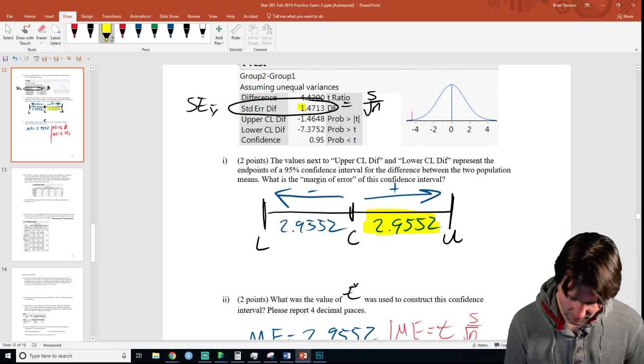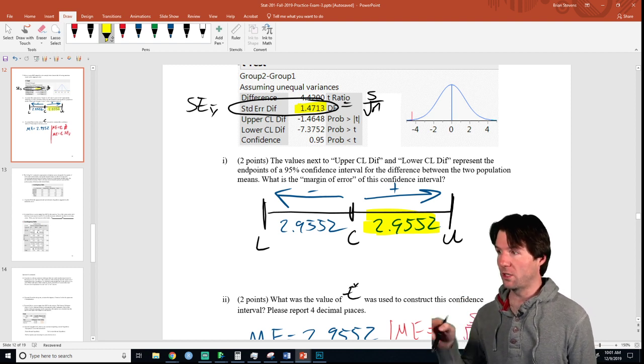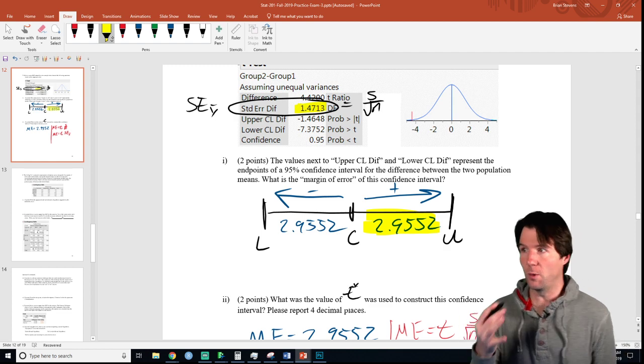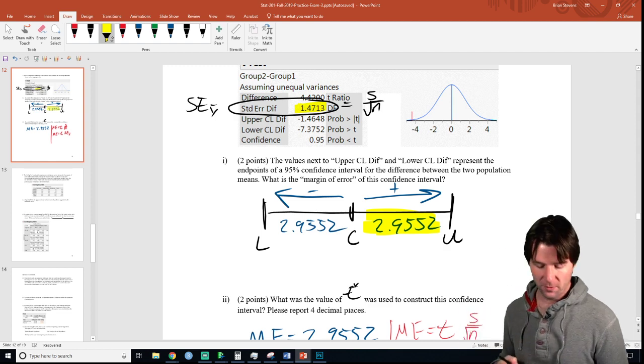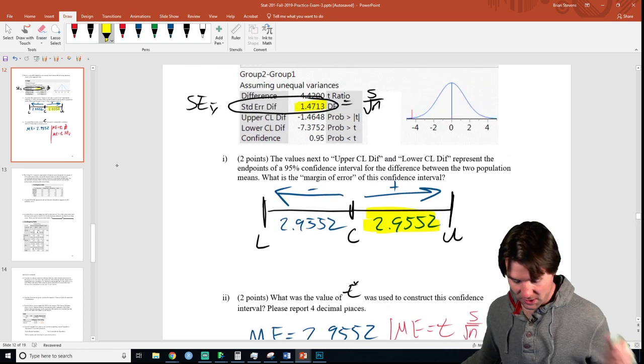This number, I'm going to highlight it and make it super clear, that is standard error of y bar, which I've written down below, and that is also S over square root of N. That is literally what that solves to. It's just an abbreviation of it right there. And so by knowing that this is the standard error, we pretty much have it,